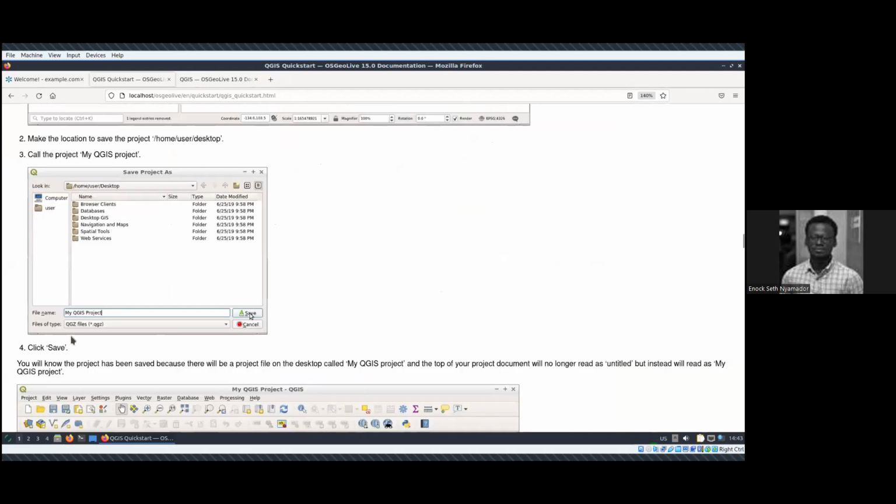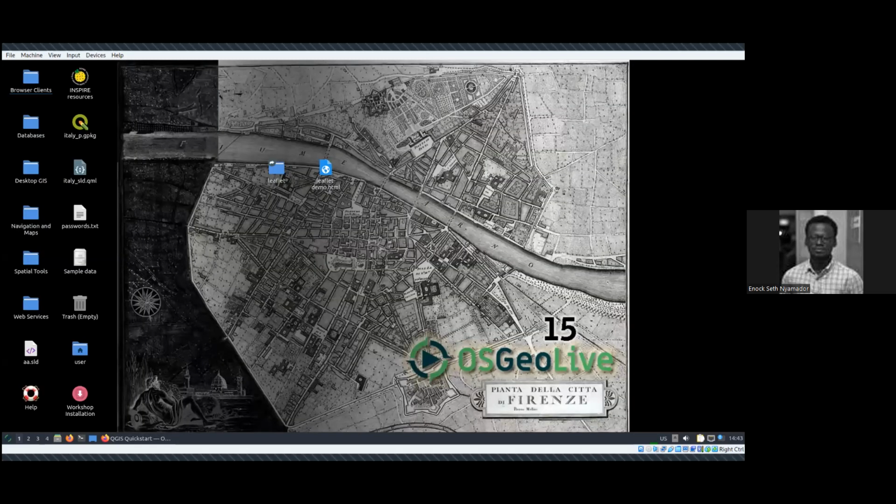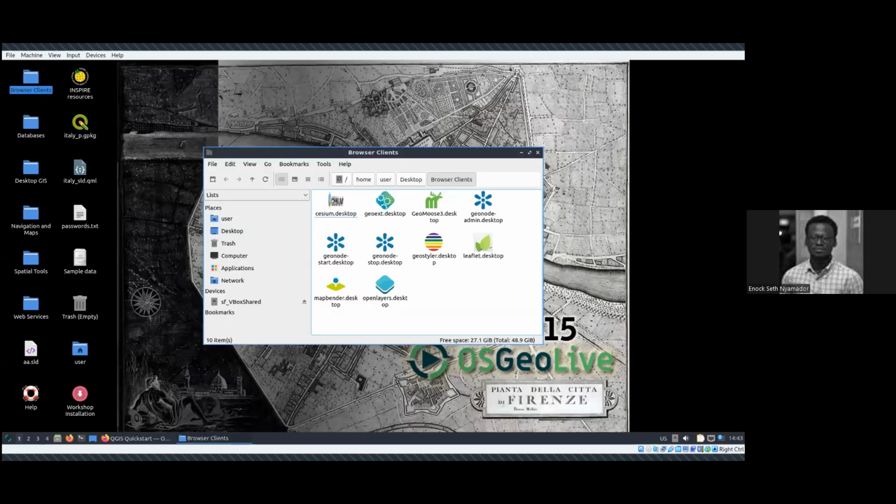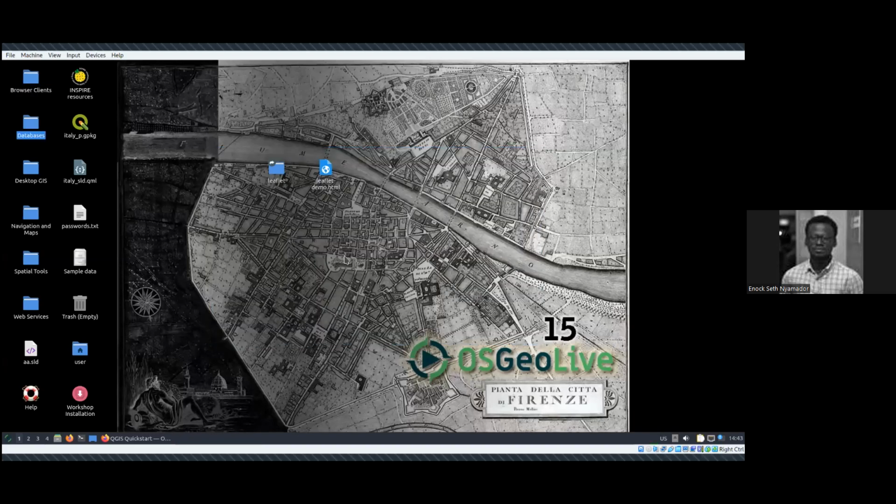I go back to what I was showing. So these folders here contain all the tools. We were seeing the logos everywhere. You use them based on your interest, or what works for you, or what you want to use. But I can't go without talking about QGIS, which is here, quickly.